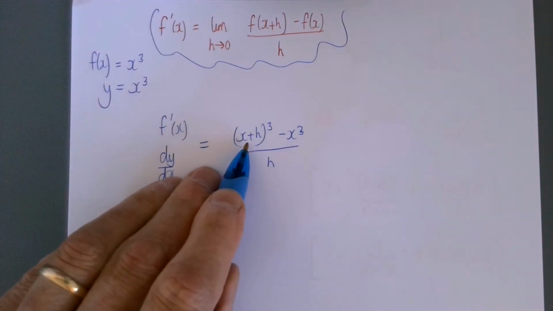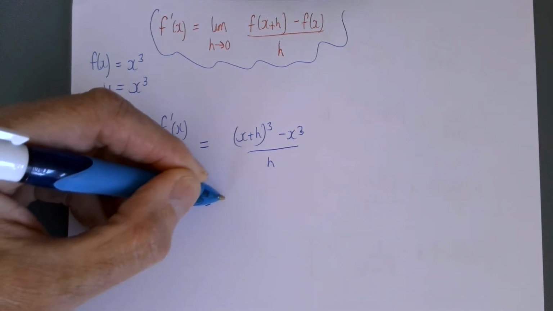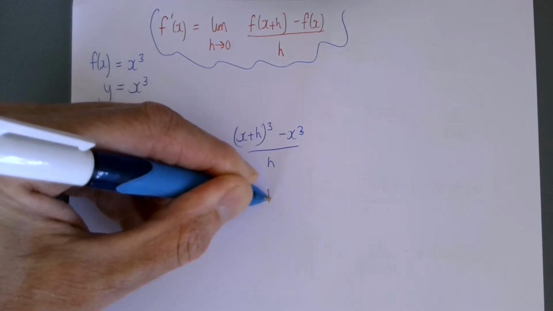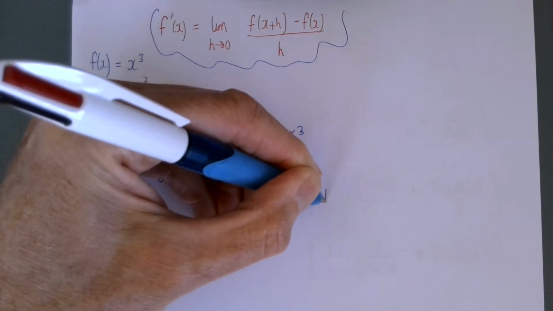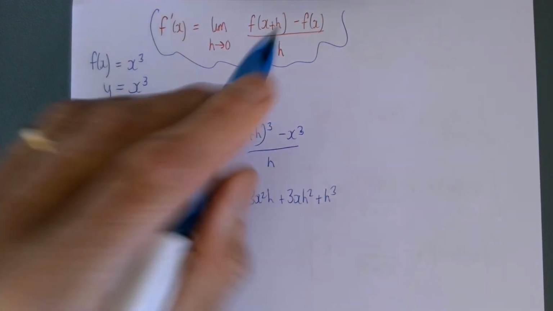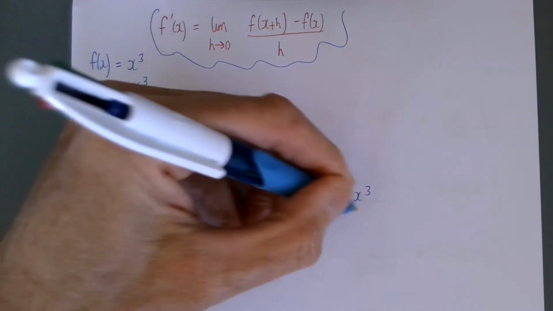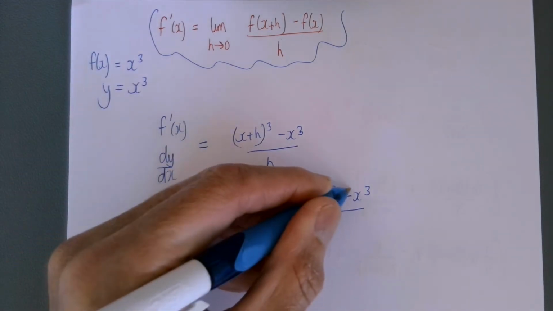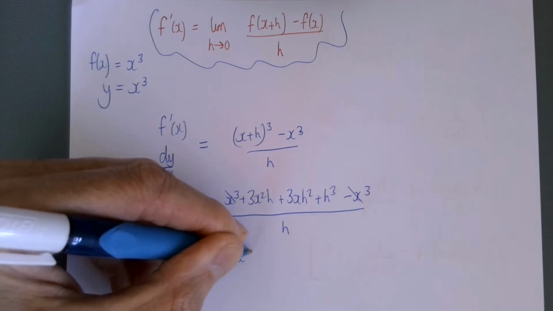And I'm going to expand this. I've already done it. You could pause the video, I suppose, at this point if you wanted to. That gives me x cubed plus 3x squared h plus 3x h squared plus h cubed, take away x cubed, all divided by h, so that the x cubes disappear. So that gives me 3